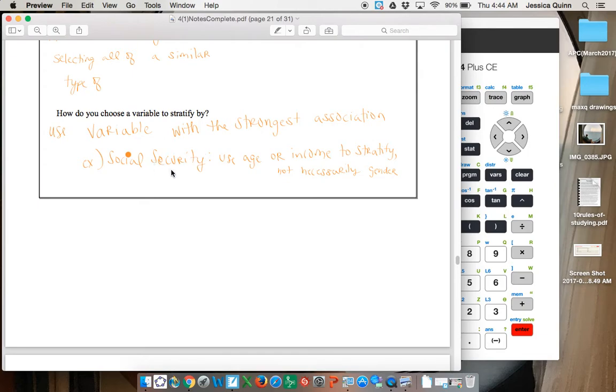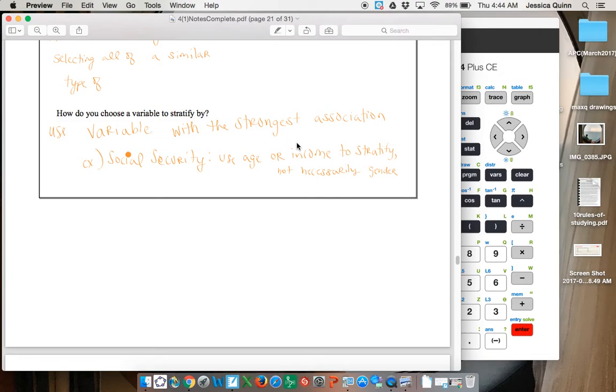For example, if you wanted to take a survey about Social Security, and you're going to ask people how they feel about whether or not the government should continue providing Social Security benefits, the people that are going to be the most invested and have the strongest opinions, or be affected the most, would be based on either their age, because the older you are, the closer you are to getting Social Security and needing that, or maybe income would also be a good one, because poorer people would be more dependent on their Social Security benefits as opposed to wealthier people who could